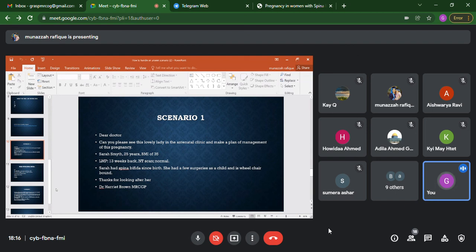That's important because she has a raised BMI. She is wheelchair bound, so she would score. Yes, that was very important. And as you said, she's a vulnerable woman from my point of view, because she's wheelchair bound, she has a medical problem, and she's pregnant. So we need to ask about the partner and partner support, whether it is a stable relationship or a one-off, and touch a little on domestic violence. Okay, so I'll hand over to Manaza.